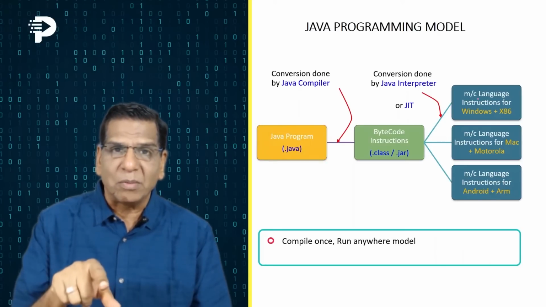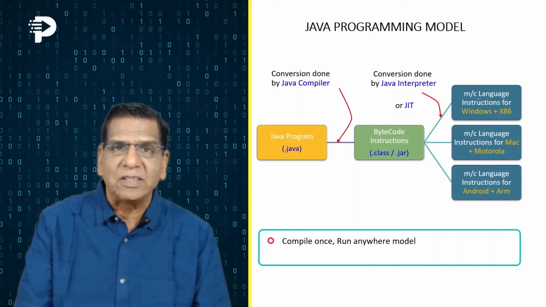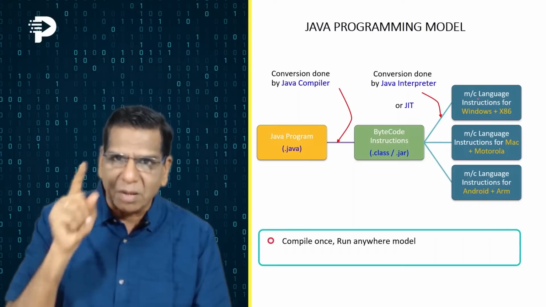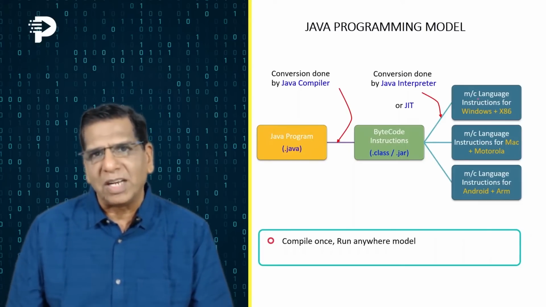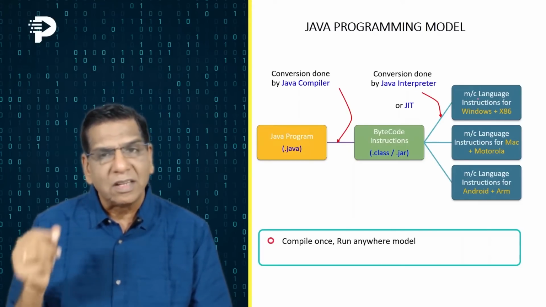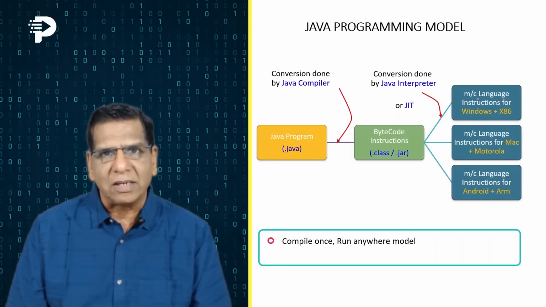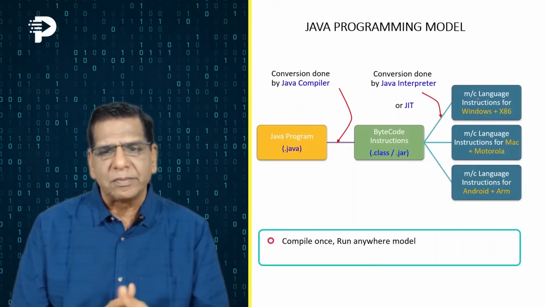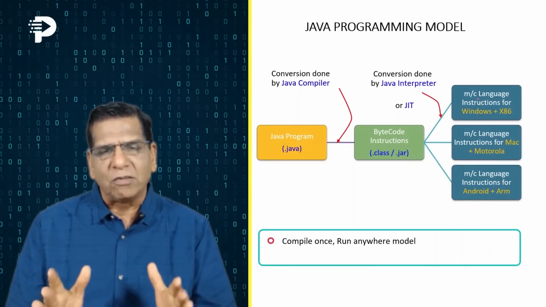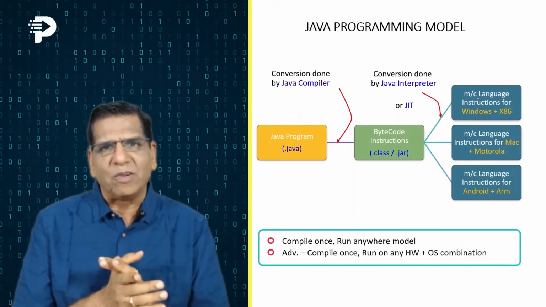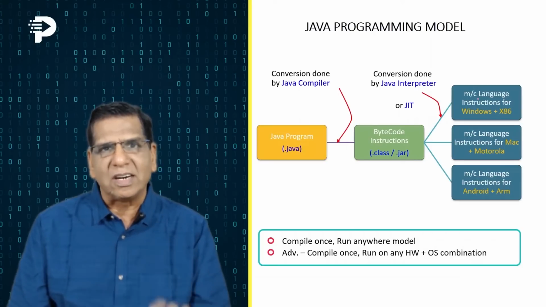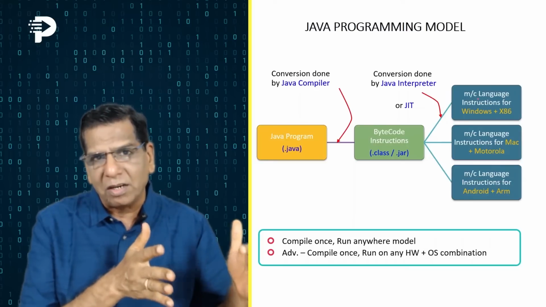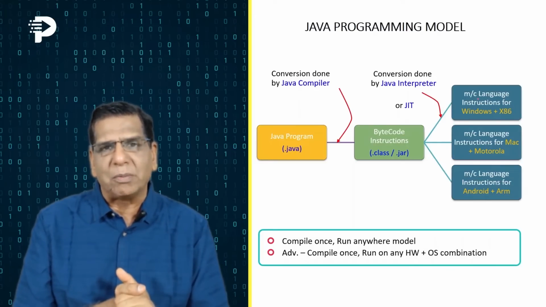Whereas traditional programming model, you are required to write the program once but compile it often. Here you are required to write only once, compile only once, run as many times as you wish on different models. That, believe me, is a big advantage as contrasted with the traditional programming model. So compilation will have to be done only once, writing of the program will also have to be done only one single time. The way Java programming model is fundamentally different than the C and the C++ programming model, same